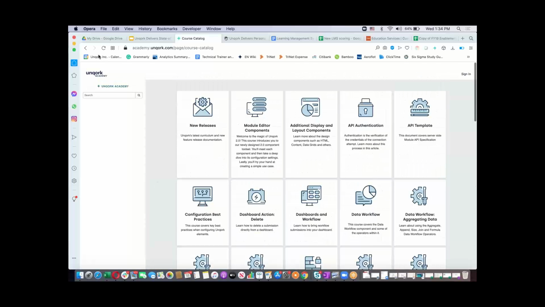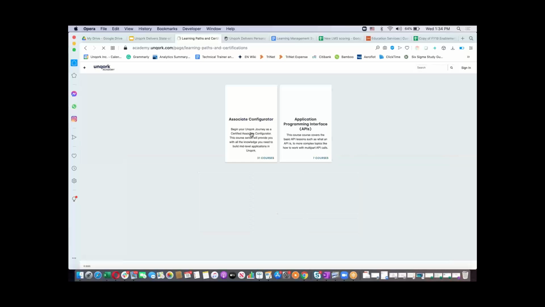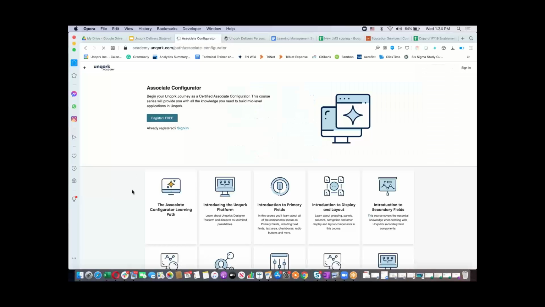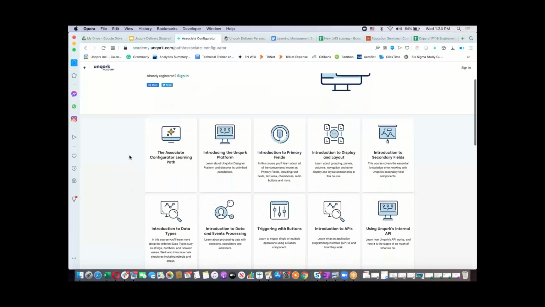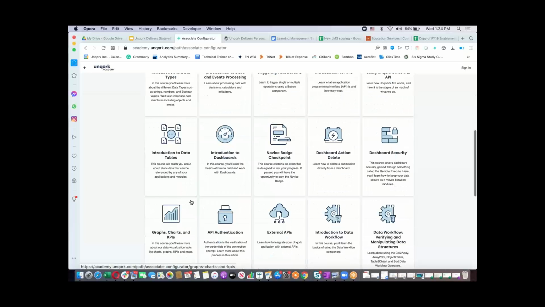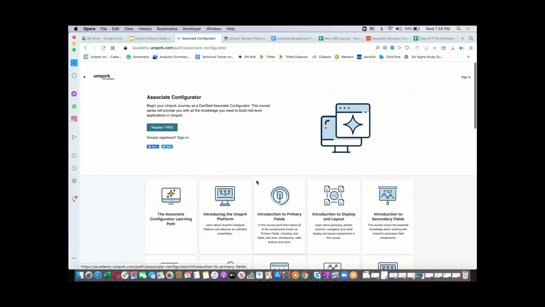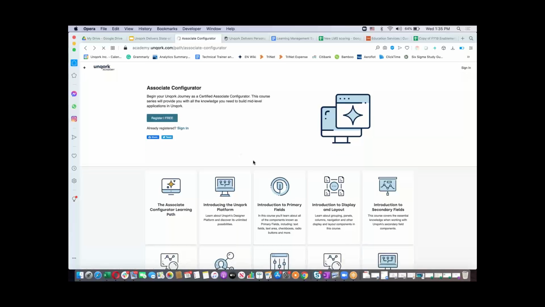If, for example, I'm more interested in an organized way to learn, I will click on certifications. And here, I'm going to go into the associate configurator, the one that we just discussed, and see that this is a course that I can register for and simply proceed in this sequence one by one through all of those lessons. At the end, take the exam and be awarded my badge. And then the third one here,